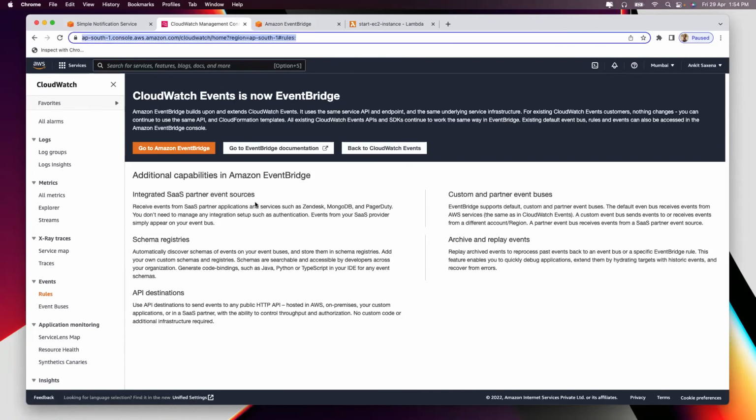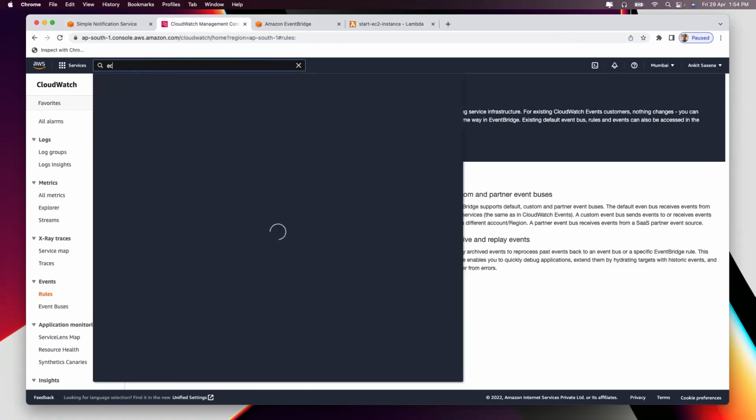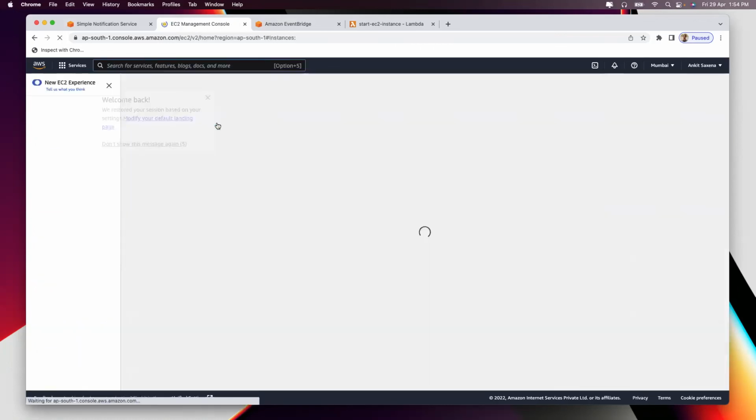But now such a popular service that event services have automatically moved to Events Bridge. And this is not the only place where you can receive the events. You can even receive it from external applications like Zendesk, MongoDB, and PagerDuty. So you don't have to work on anything. Events Bridge will automatically capture the event, and it is going to show you that event or take any action